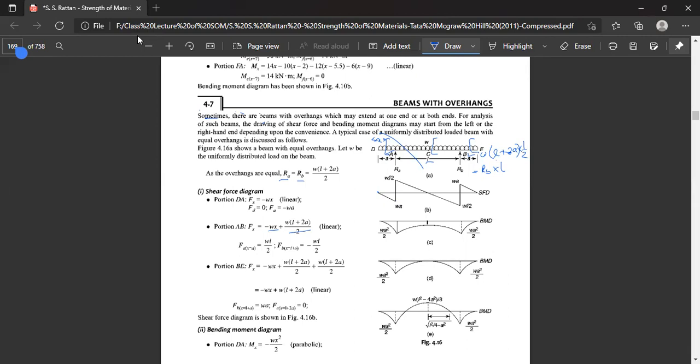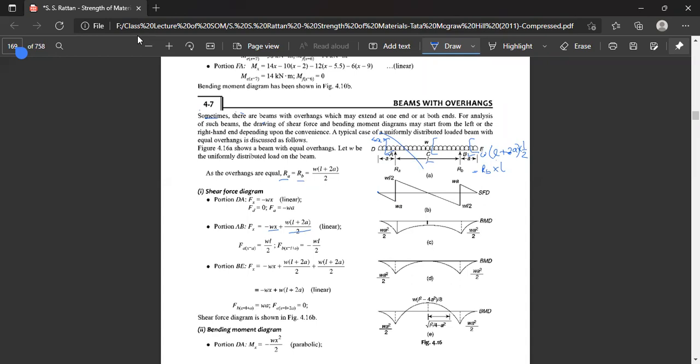And at the point B, where x is equal to L plus A. So here, if we put the value of x equal to L plus A, the shear force will become W minus WL divided by 2. Thus, what we have found here is that at the point A, the shear force is going to be WL by 2 plus, and at the point D, the shear force is going to be WL by 2 minus.